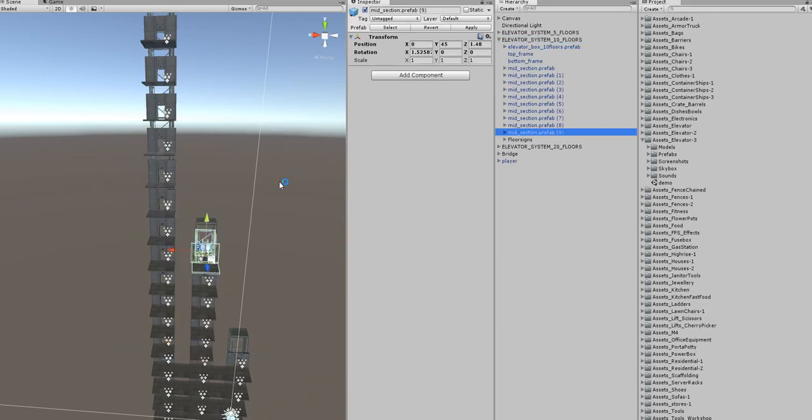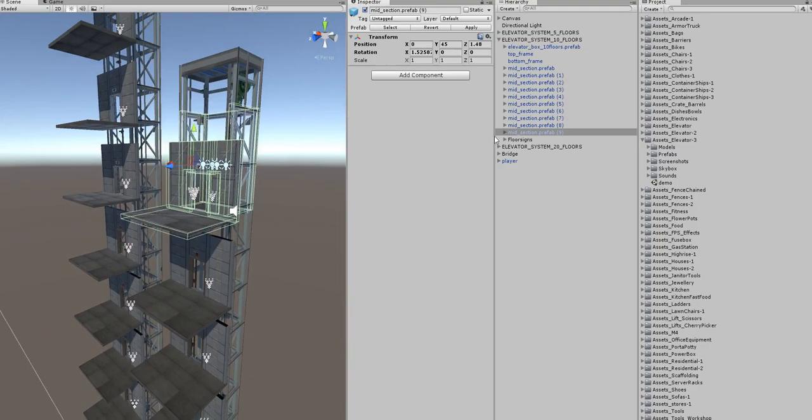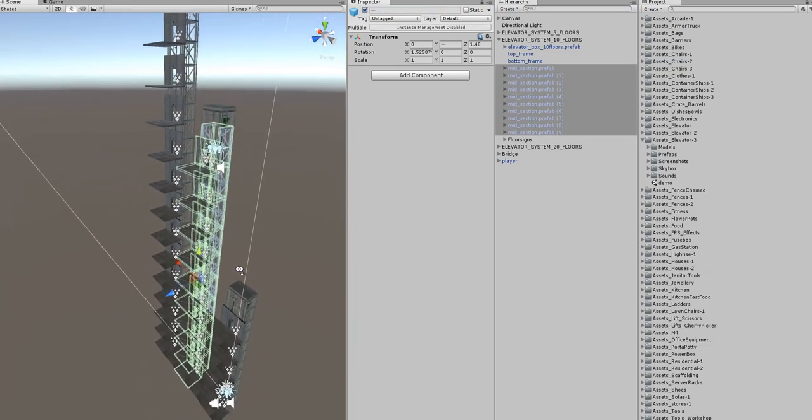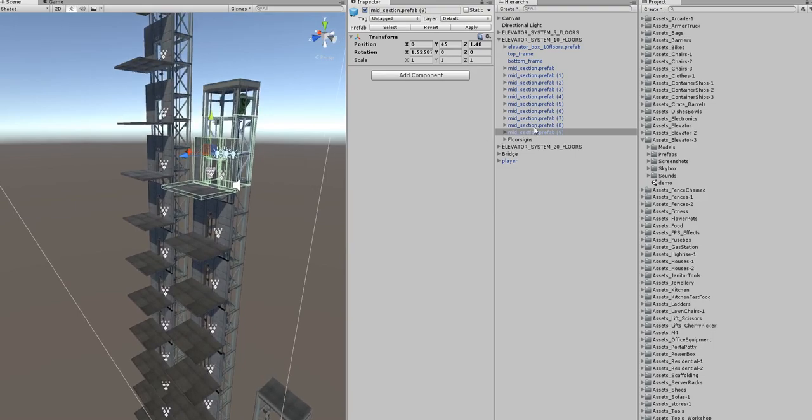The first thing you need to do to add a new floor is duplicate one of the mid-section prefabs. You'll notice that each elevator system actually consists of a set of prefabs for each floor. I call them mid sections. To add a new floor, all you need to do is copy and paste the most recent mid section. Just press Control D and you'll create a new one, and then you want to position it